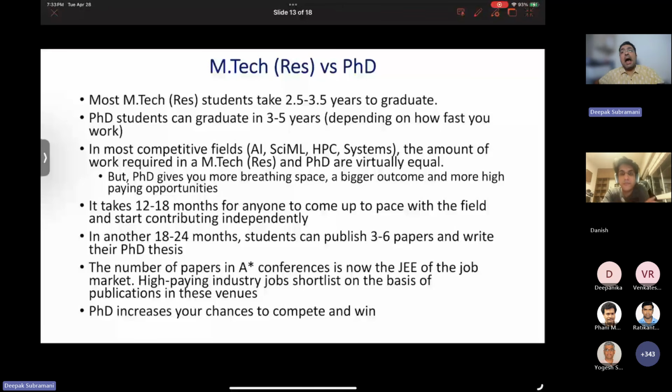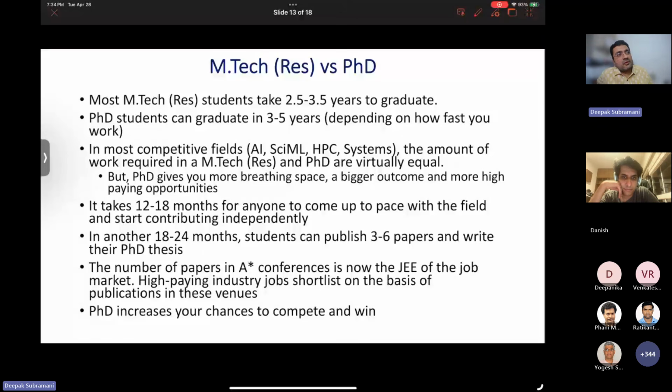A postgraduate degree is very different from an undergraduate degree. A postgraduate degree is where you focus, you specialize, you gain skills that only you have. At the end of PhD, my advisor used to tell me, you are the world's top expert in that topic, even more than your advisor. That is the level of expertise that you must develop, and that is the effort you have to put in.